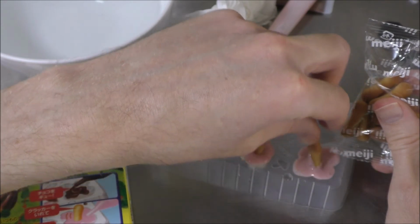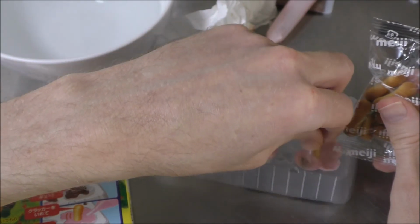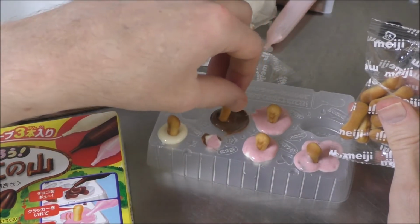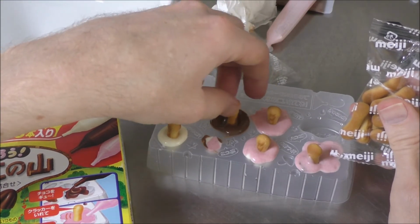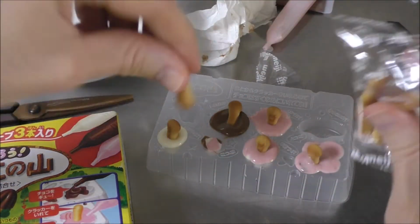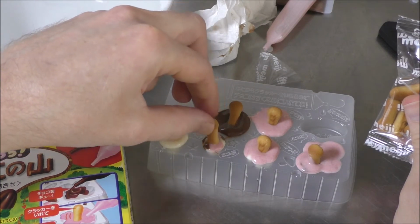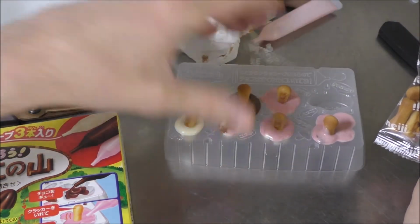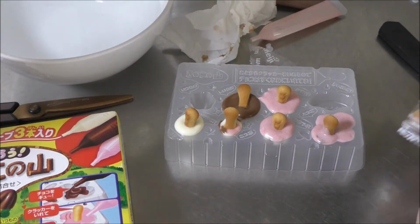Oh dear. Let's put that down into the side. In there. This one will do the same. Put it down in there. No. We're gonna have one wonky mushroom. I wonder, can we get one into the small hole? There you are. Well, there wasn't enough chocolate to do all of them, as we've run out at 6, but